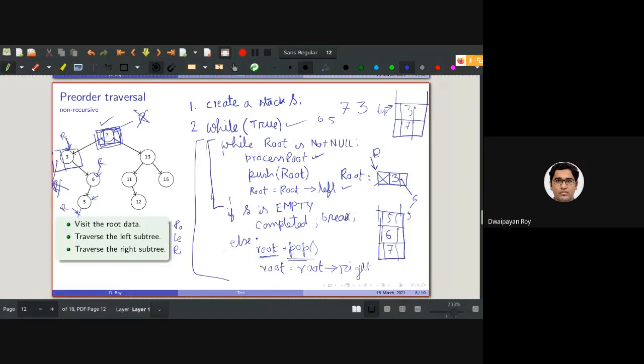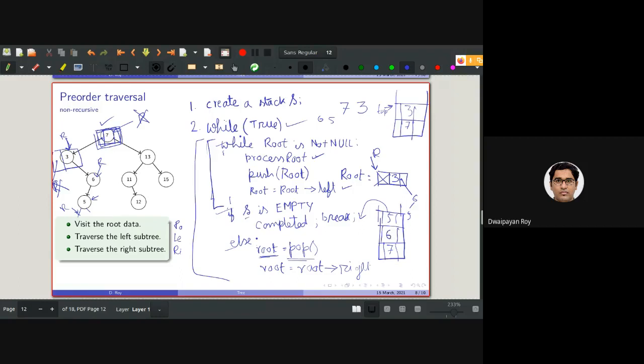Then the else operation will be executed, which means we pop the topmost element. So 5 will be popped, and the right subtree of 5 will be considered as root. Again, it is null, so this condition will not be satisfied because the stack is containing 6 and 7.